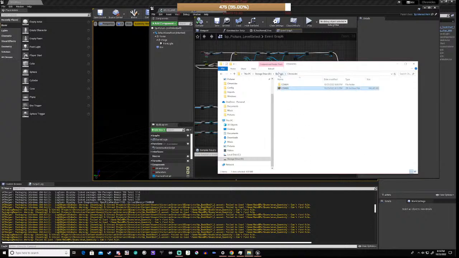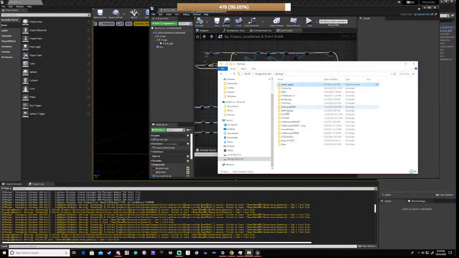Okay, now there's one more thing. When you get your Steam app ID, you basically create a file that is one line, and that is just the number you're given by Steam. And basically what you do is you put it in binaries, I believe. No, it's not. I can't remember at this point. It might not even be in binaries. It might be in here. Yeah, it's this one here. Basically, you put it in here